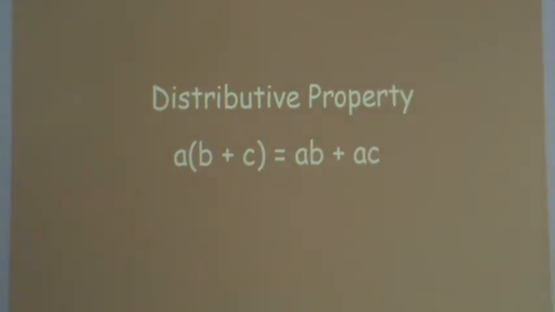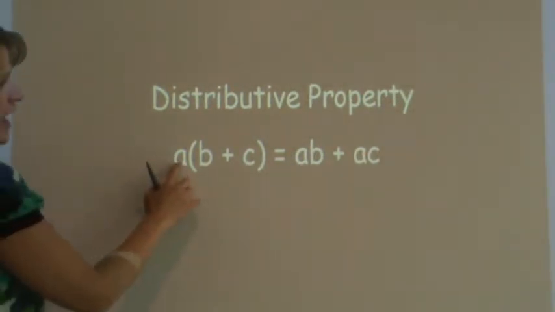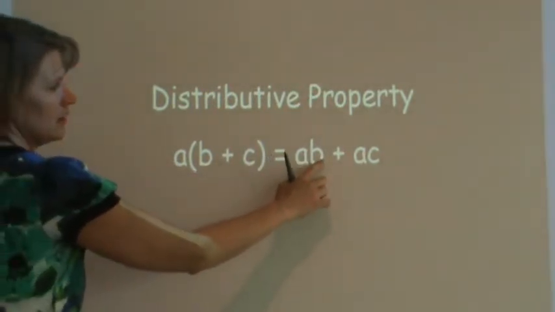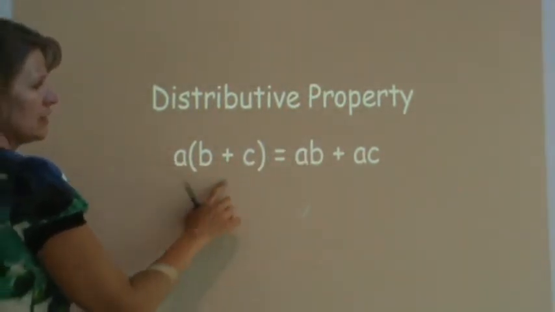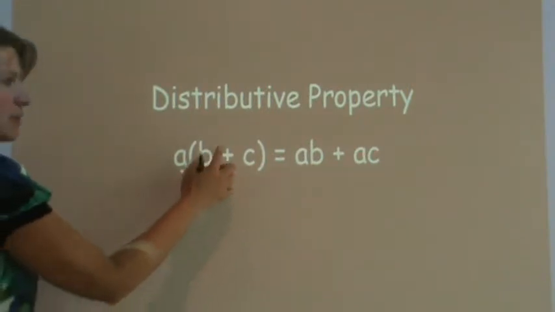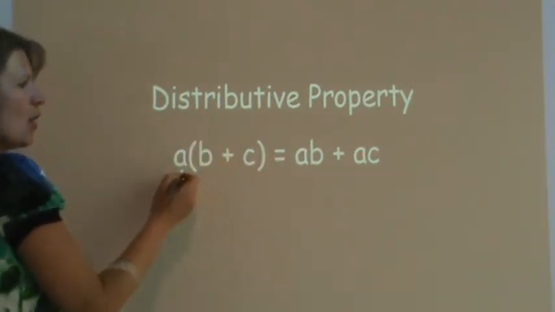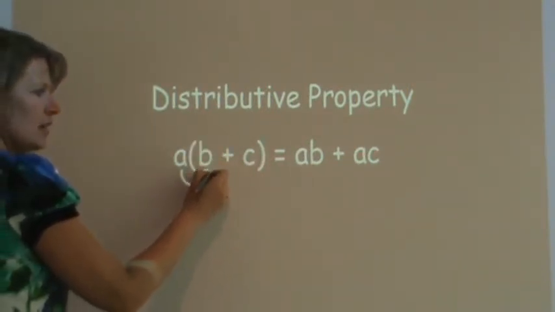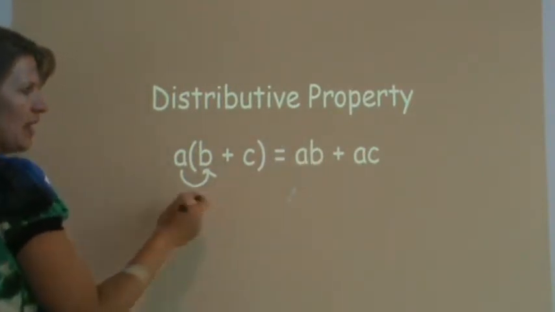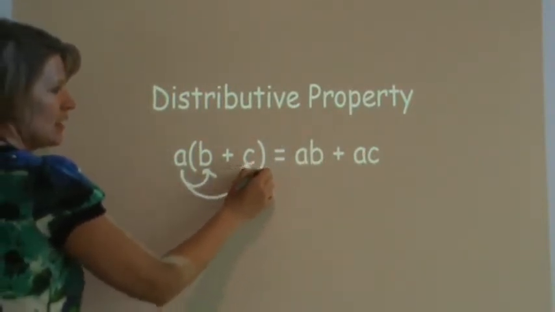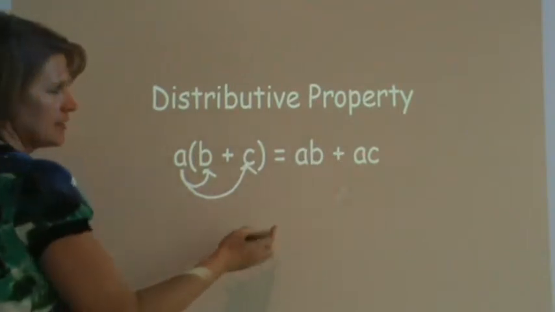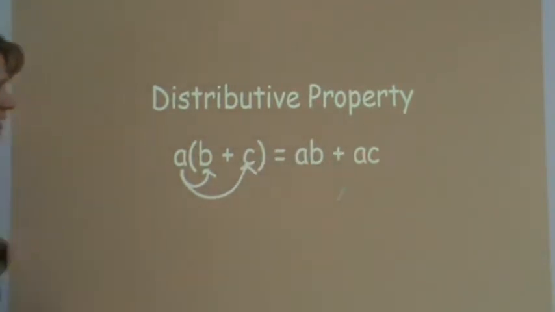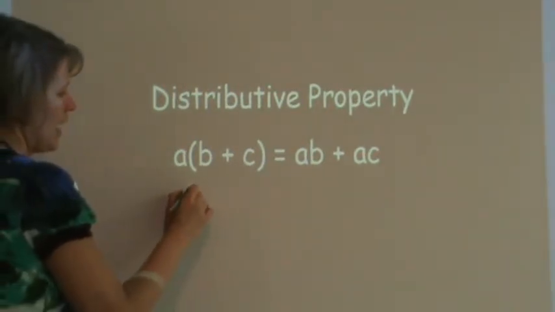Distributive property. Okay, this is just in general, this is your rule. We have a times (b plus c) equals a times b plus a times c. To be able to drop these parentheses, we have to take the number on the outside times the first term, which I'll call AB, and then the number on the outside times the second term, which I'll call AC, meaning A times B plus A times C will get you the same result. Okay, so for example, if I had 3